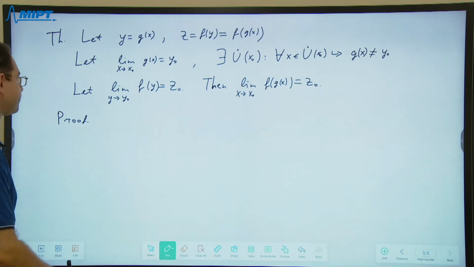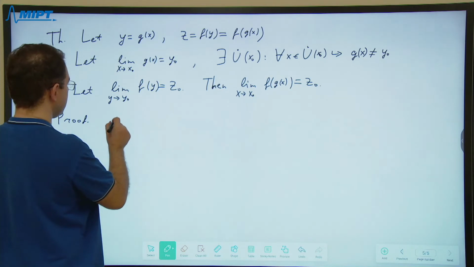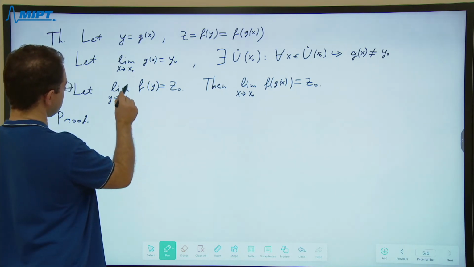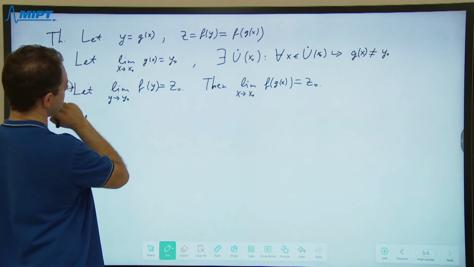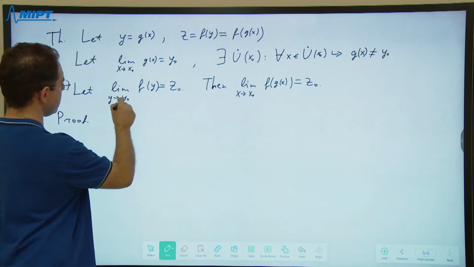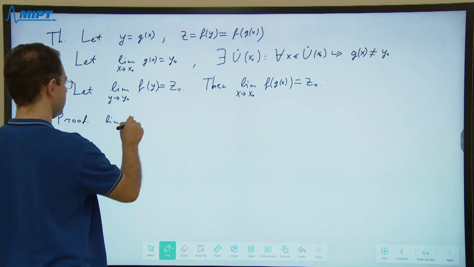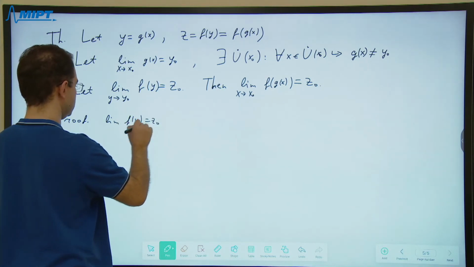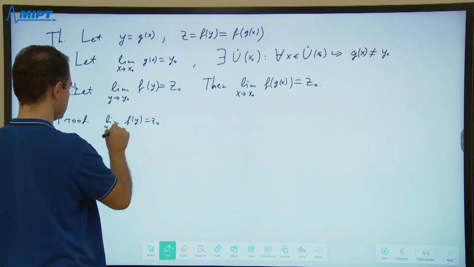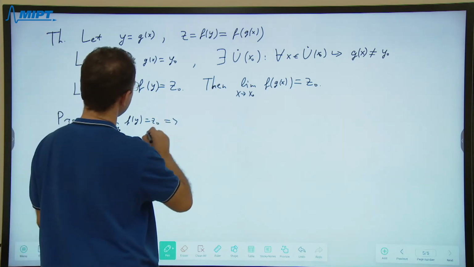Let's prove it. So, I'm writing down Cauchy's definition, Cauchy's definition of this limit: the limit of f of y equal to z0 as y tends to y0 means